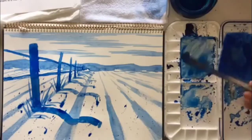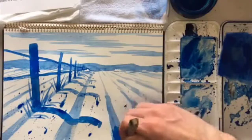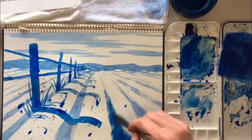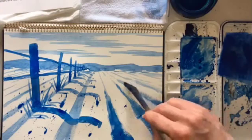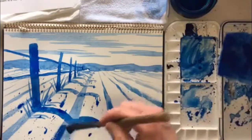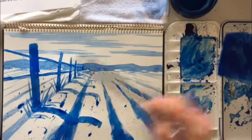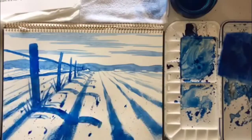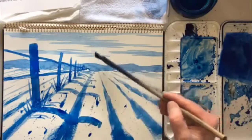I think with these furrows, I want them to be a bit stronger. So I'm going to make this brush a bit drier and do that, and here too. And this one as well. And there we go. Now the final thing maybe is, because this post is drawing our eye somewhere here in the picture or here,